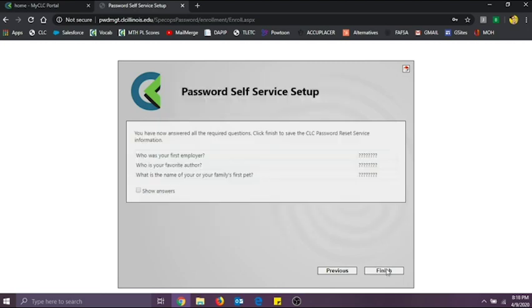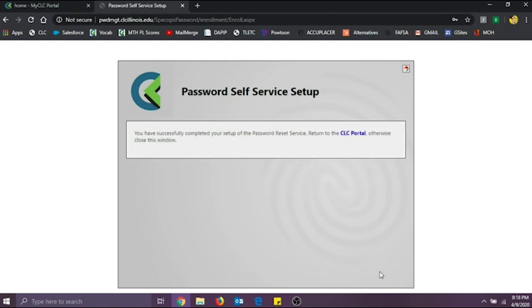Once you've done the 3 questions, go ahead and click Next. And it's going to take you to this last page where it's just going to have you review what questions you asked and then the answers. If you would like to go ahead and be shown your answers, you can go ahead and click on this information. Go ahead and click Finish. And now you've successfully gone ahead and reset your temporary password and created your security questions.